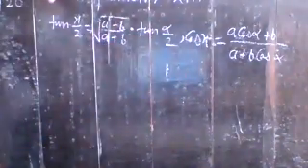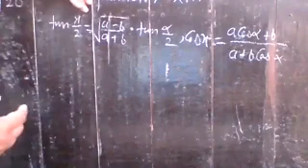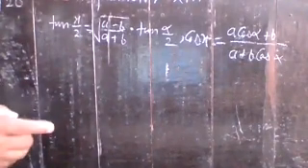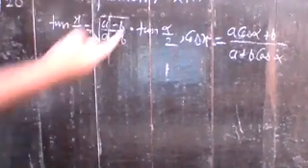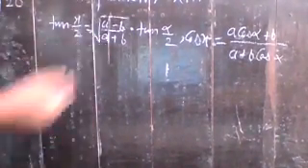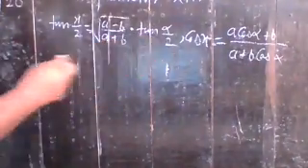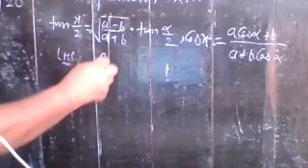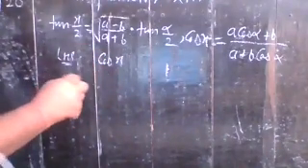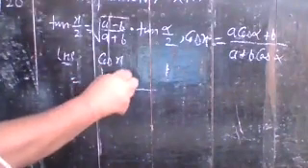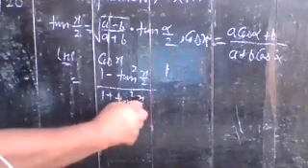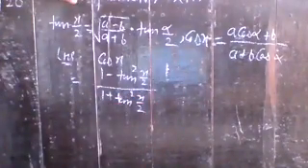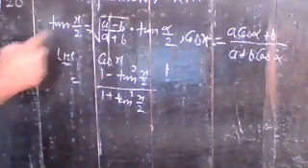So how do you use it? If you take the left side, which is cos x, you know the identity of cos 2x in terms of tan. Understand? So cos 2x is equal to 1 minus tan square x upon 1 plus tan square x. Here you have x, so you take half the angle, which is x by 2. So cos x can be written as 1 minus tan square x by 2 upon 1 plus tan square x by 2. Now putting the value of tan which is given here.